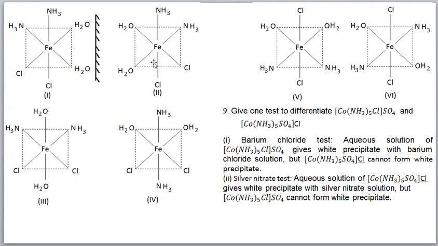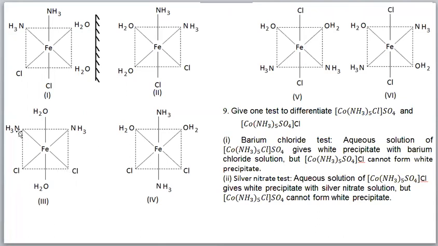For the all-cis isomer, optical isomerism is possible. Its optical isomer is this one. Here we can place a mirror and draw its image here. So these 2 compounds, 1 and 2, are optical isomers. The next compound you see: aqua in trans position we have written. Then these other 2 ligands are in cis position.